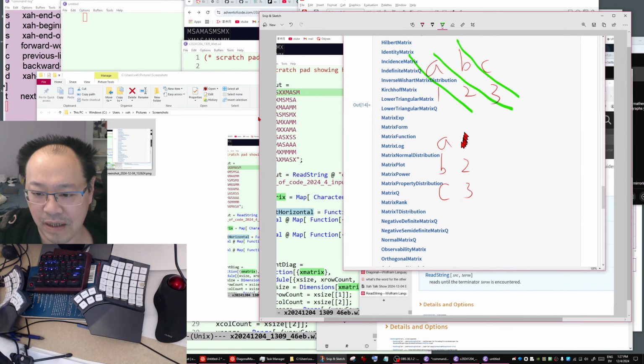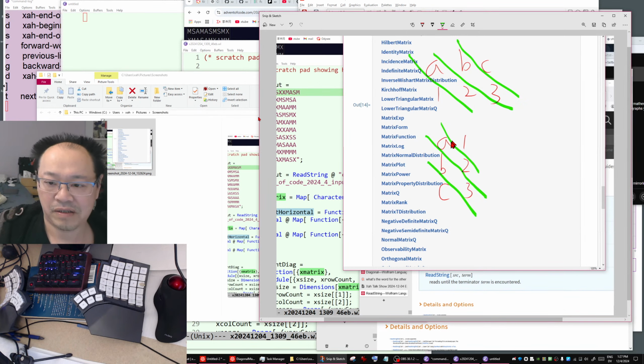If you think about diagonal, you see you got 1 A, 2 B, 3 C, same thing, 1 A, 2 B, 3 C.